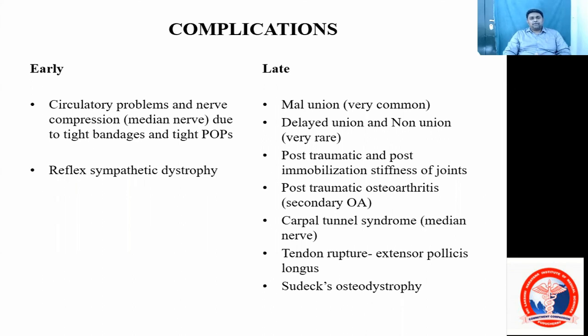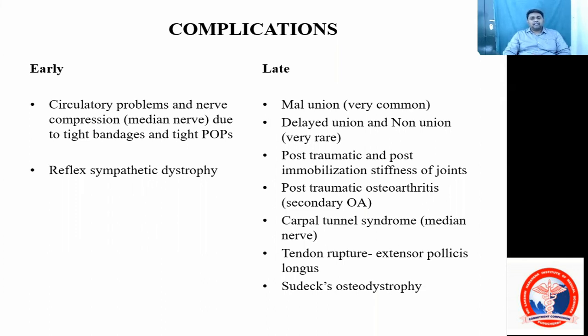Coming to the distal end of radius fracture, what are the complications which we can see? Any complication can be early or late. In early complications, there are circulatory problems and nerve compression, mainly the median nerve, due to tight bandages and tight POPs, and then reflex sympathetic dystrophy. In late complications, you can see malunion, delayed union, sometimes very rarely non-union, and then post-traumatic or post-immobilization stiffness of the joint, post-traumatic arthritis or secondary osteoarthritis, carpal tunnel syndrome because of the compression of the median nerve, tight bandages, and